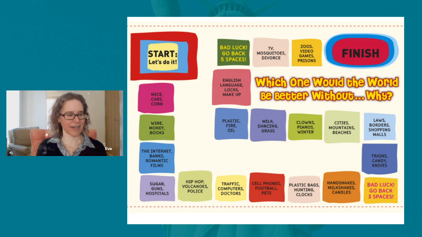I want to do another one. It is cities, mountains, and beaches. Cities, mountains, and beaches. Which one would the world be better without, and why? So traffic, computers, and doctors, and then cities, mountains, and beaches. All right, while we're waiting for information about that, or we can go to the first one, traffic, computers, and